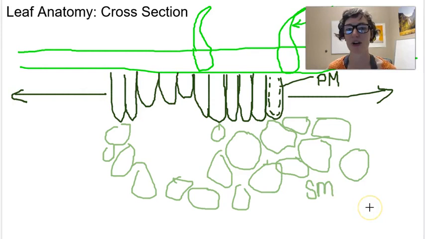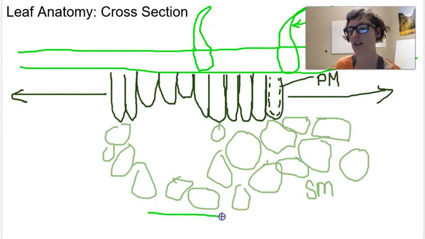This is more involved in the gas exchange part of photosynthesis, so the light independent reactions where we're focusing on CO2. So these two make up the mesophyll of the leaf. This is a eudicot leaf, by the way. If we were to look at a monocot leaf, we would just have spongy mesophyll. There's no differentiation between the mesophyll, so we just call it mesophyll, really. Okay, so that is that, and then we have down here another single layer of cells, the lower epidermis, which